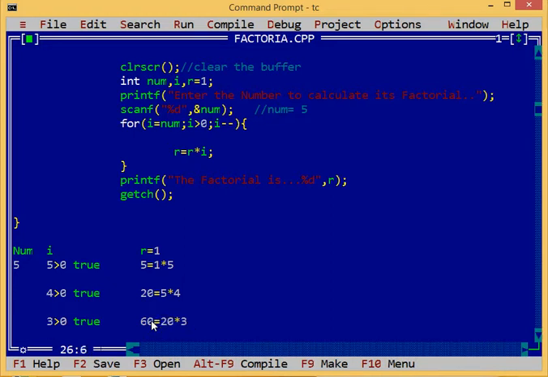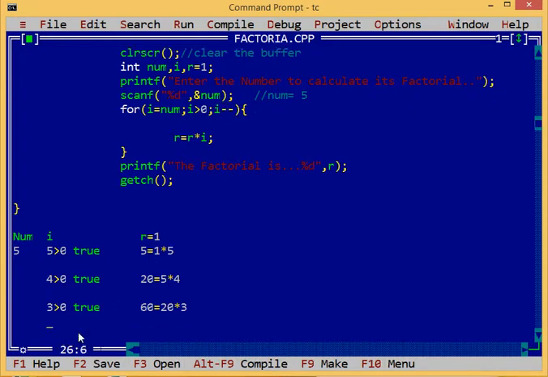Now the next part is to decrease the value again, 2 is greater than 0. Yes, it's true again. The current value of R is 60, and after the multiplication the value will be 120.